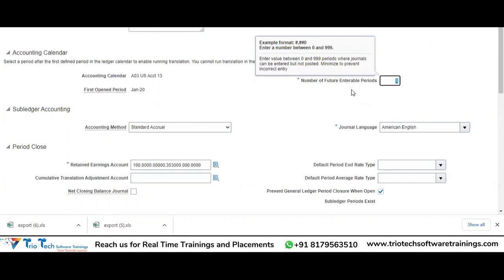Okay, you would want to create something for February, but definitely the system will not allow you to post it. The reason is that it is not an open period, but it is a future entry. So similarly, if you increase the number of periods in here, that many periods will be considered as future enterable periods by the system, and you will be able to